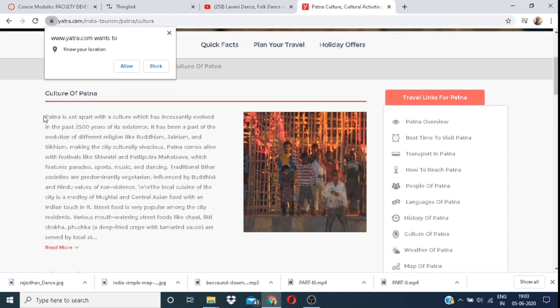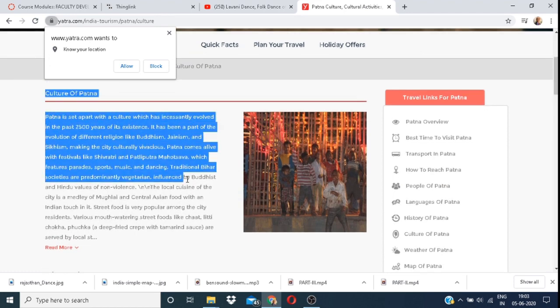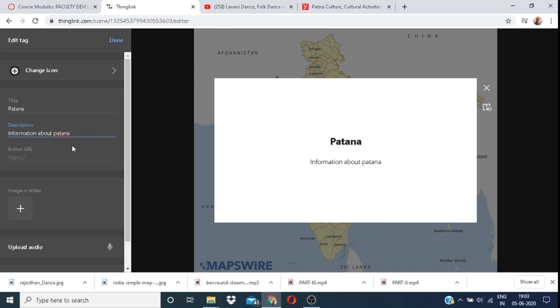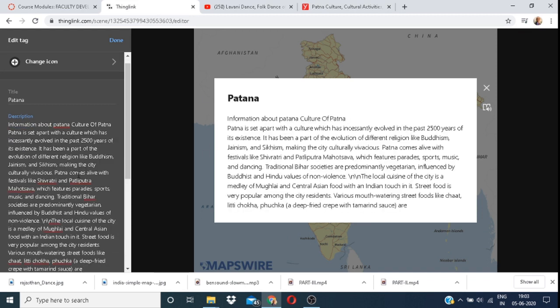Just copy from this text. Paste in the text description. There is one reader. You can use this reader also.